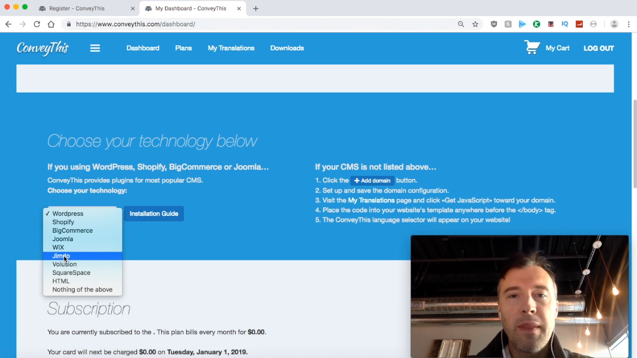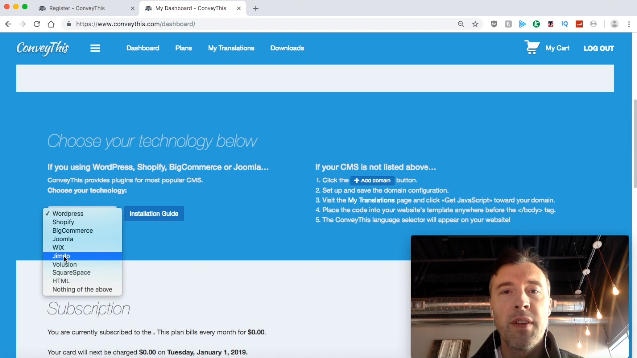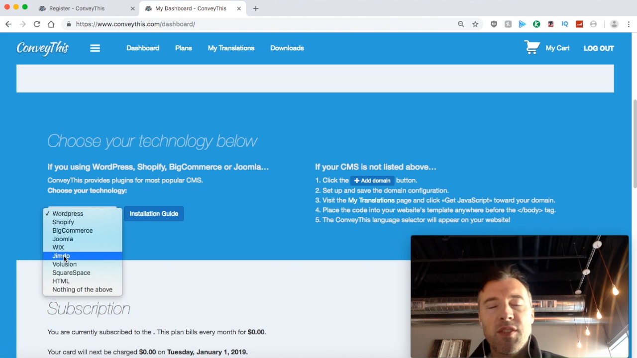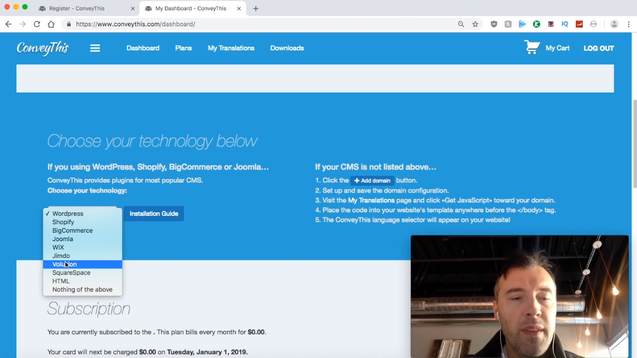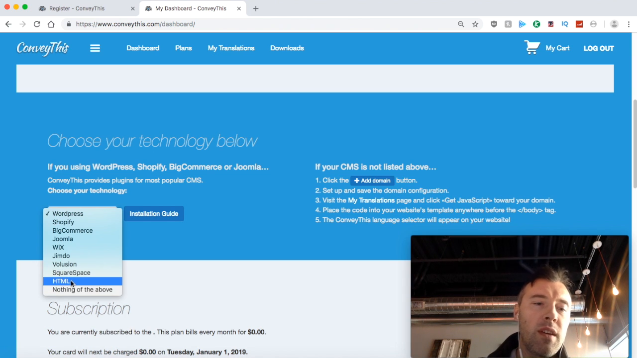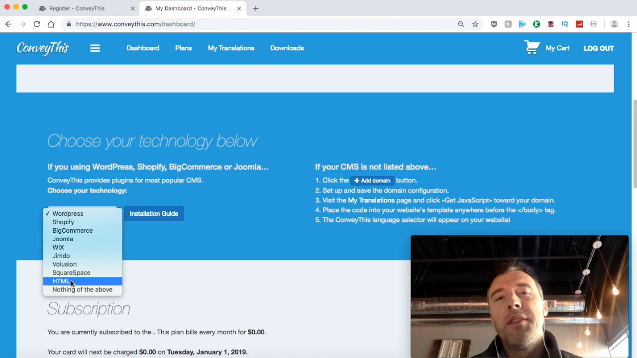Therefore, they're lagging behind all the major players in this marketplace, and therefore they do not have the marketplace either. But we do have the solution for them as in the sort of hack through JavaScript. So look at the installation manual as well. Volusion, same thing. Installation is available. Squarespace also. And last two is the HTML option and nothing of the above, which is the all-encompassing scenario when